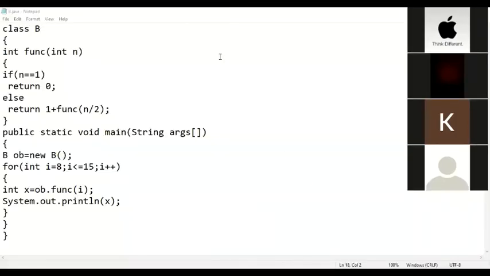Write in the chat box. Second, okay. You want to see the second? Can you see my screen? Yes, ma'am.